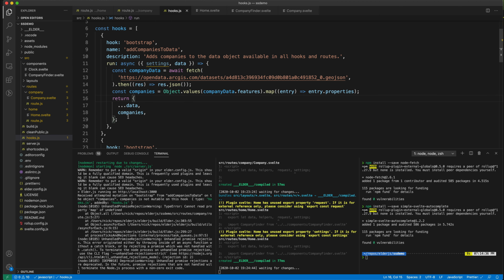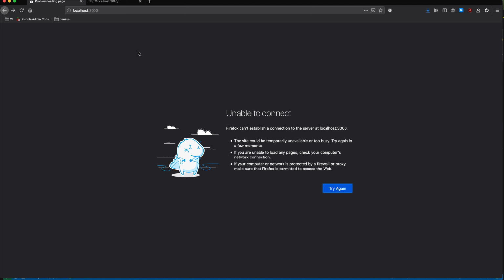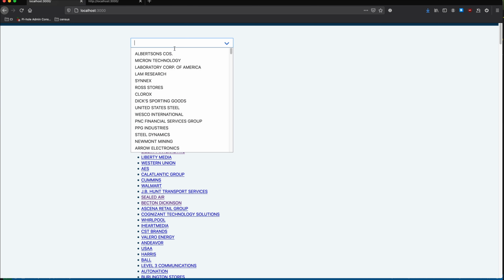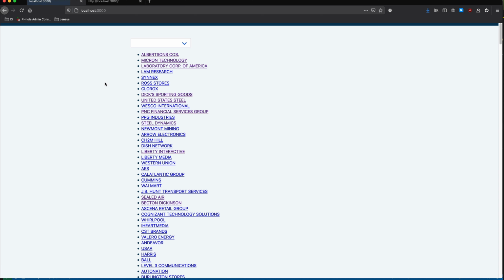So what I did here is, instead of returning data, I was spreading it across, and we're trying to mutate it. And what we're seeing here is actually that the hooks is denying us to mutate companies. Well, there's not actually a prop called companies, but it's not in the list of things that are mutable. So it's preventing us from polluting the global scope or having plugins do things that are unpredictable. So instead, what we actually need to do is we need to do data, and we need to return a data object here in order to populate it. So there we go. The site should work as intended, and we now have a fully functional Elder.js site, but